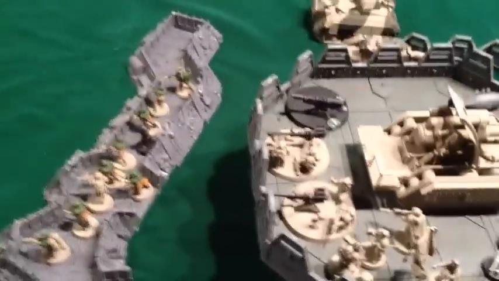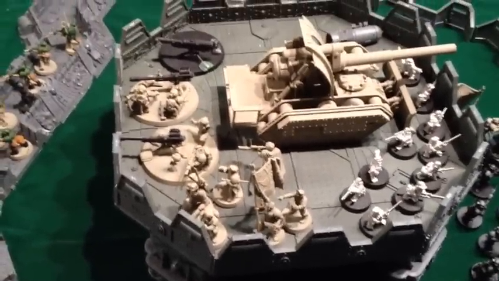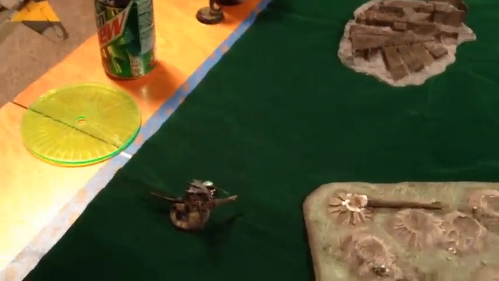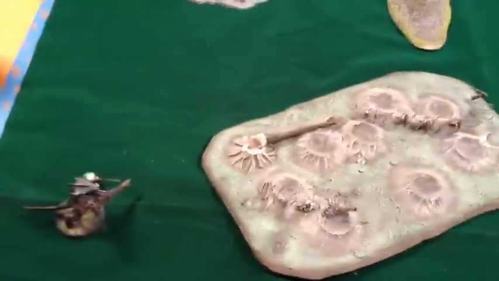to 3. Then on this side of the table, the autocannons, which used Bring It Down from the company command squad, managed to put 5 wounds on the 2 warriors over here, and knock them down to just 1 remaining with 1 wound. And then the 2 squads of infantry on this side managed to knock out the 2 remaining Hormagaunts